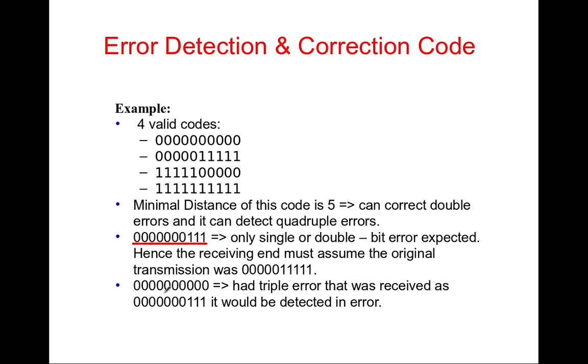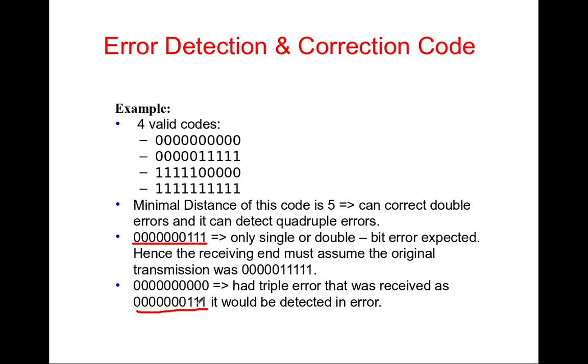Now in the second example, the code originally sent was all zeros, but there were 3-bit errors in the transmission, and that's why this was the code received at the receiver. But the receiver is only assuming single-bit or double-bit errors, and that's why, like in the previous example, it will conclude that the code which was sent has to be the second possibility, and it will wrongly conclude this, whereas the actual code which was sent was